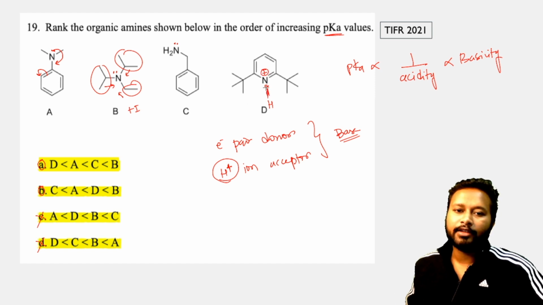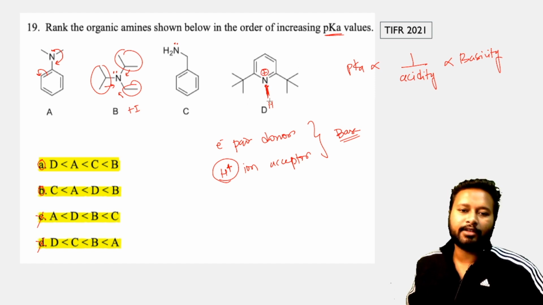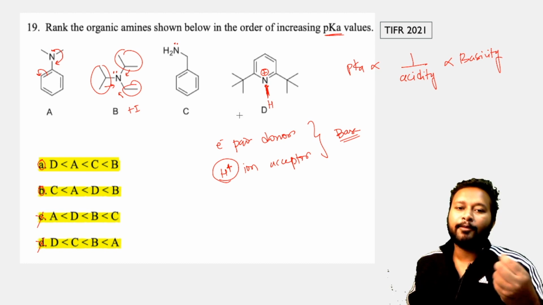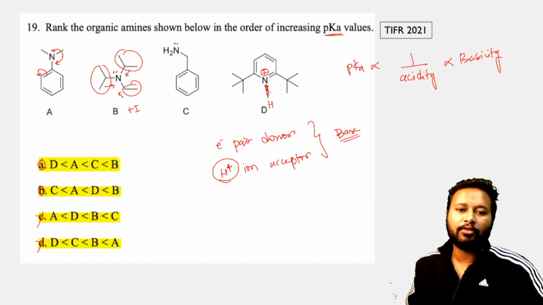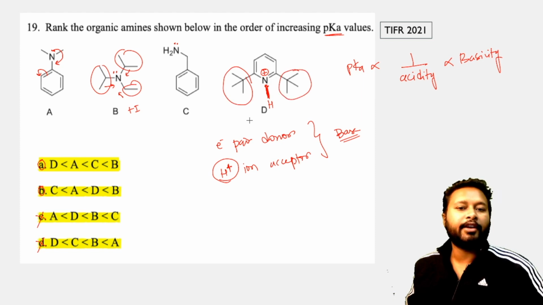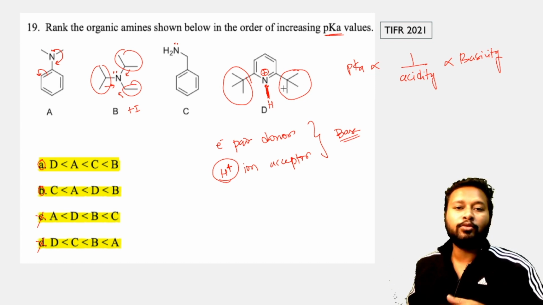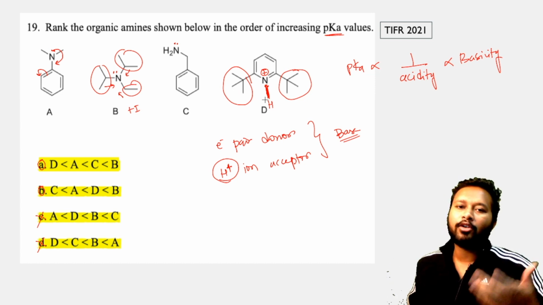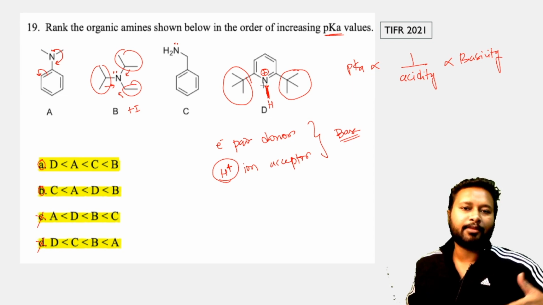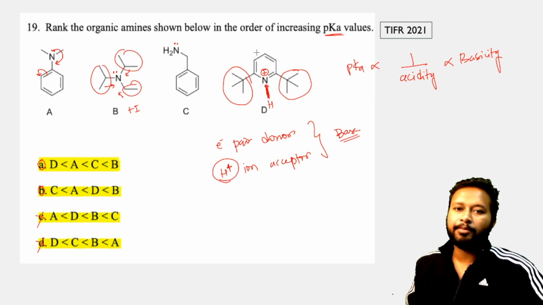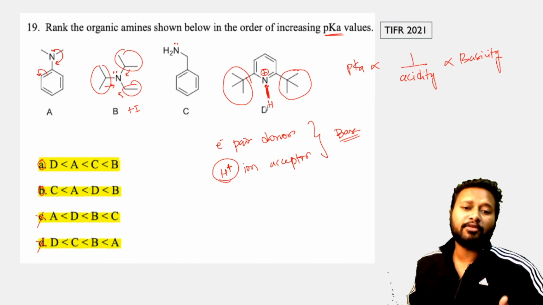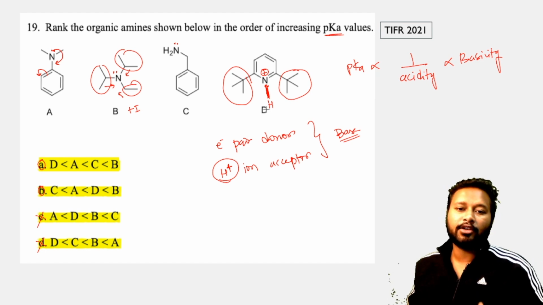Only then will the basic ability or basic property of this molecule be shown, right? Now, it will be very difficult for this hydrogen ion to come and form a bond because of steric hindrance. The steric inhibition effect comes from the 2 tertiary butyl groups present ortho to this nitrogen, at positions 2 of this pyridine ring, and that is going to decrease the basicity of this particular molecule.